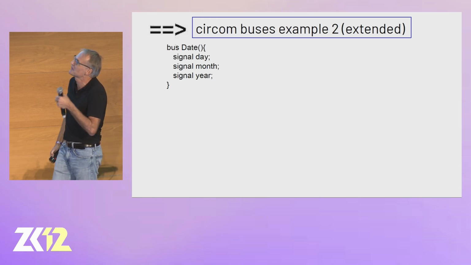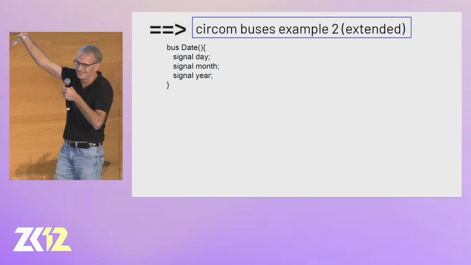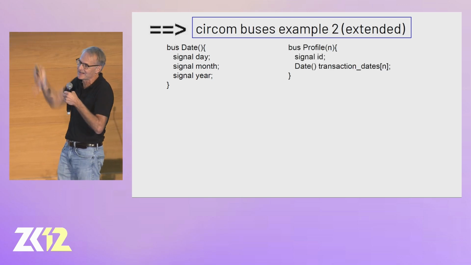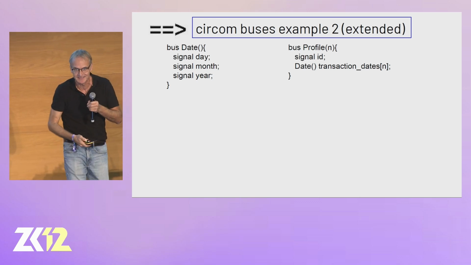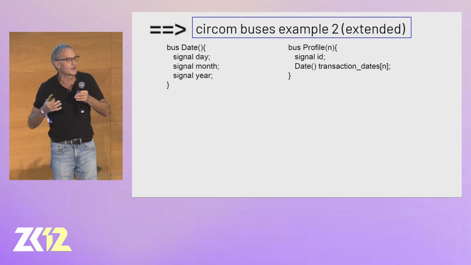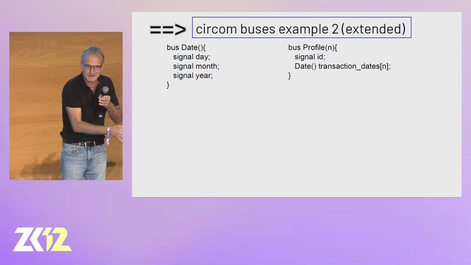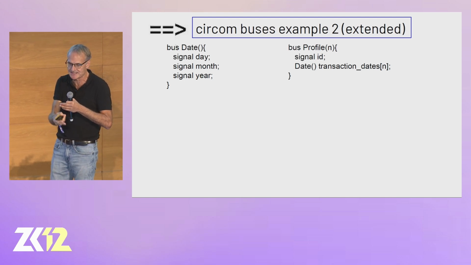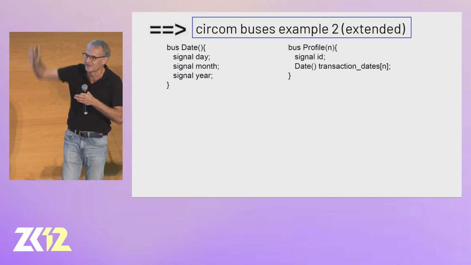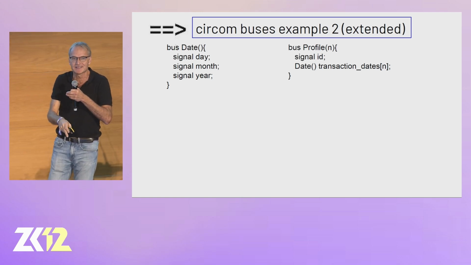Okay, let's go a little bit further. What can we do with buses? Not only this simple thing. We can now have parameterized buses like we have parameterized templates. This parameter is something that will be known at compile time. And exactly the same as you have for templates, you will have it for buses. And then here, what we do is just define this array of dates using this